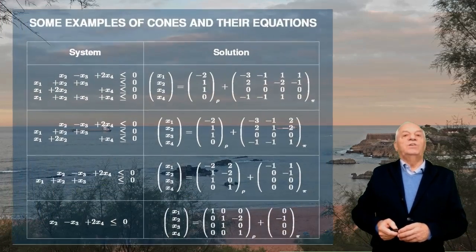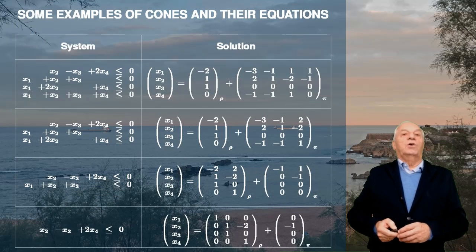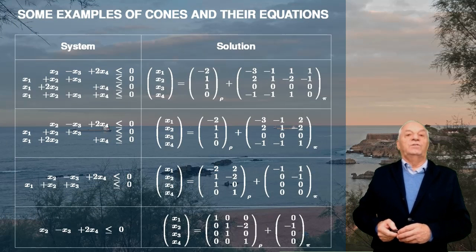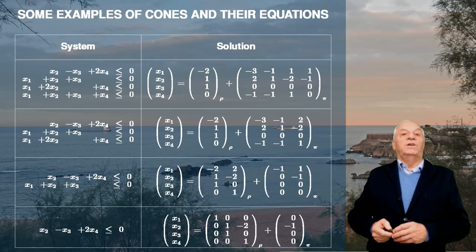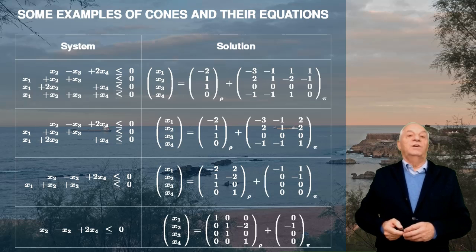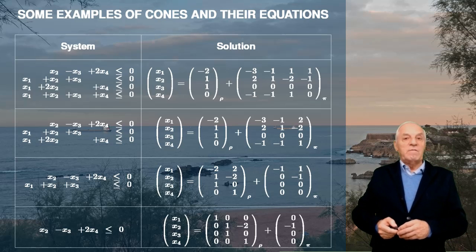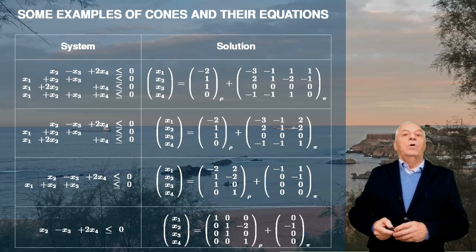Finally, it should be said that because the dual cones of the cones generated by the first k inequations, for any k value of the system, appear in the intermediate tables, 4 different systems have been simultaneously solved, as shown in the table, which shows the solutions of all of them.